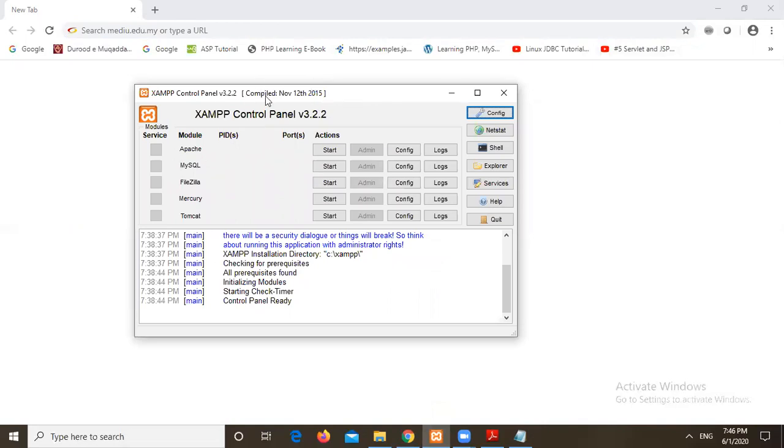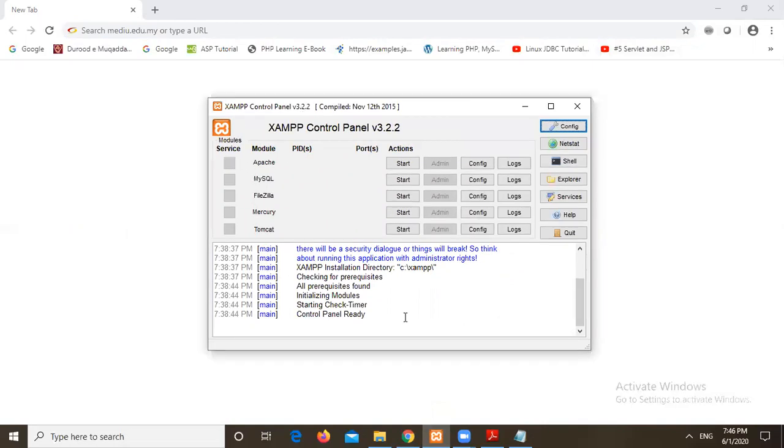See here, can you see this Apache local web server, and MySQL? I should start this. You have to download this from the internet and install it. No problem, it's a very simple process. See here, my Apache web server has started.